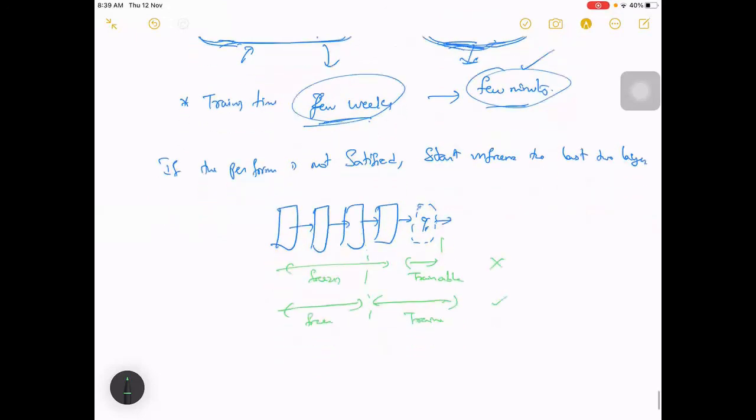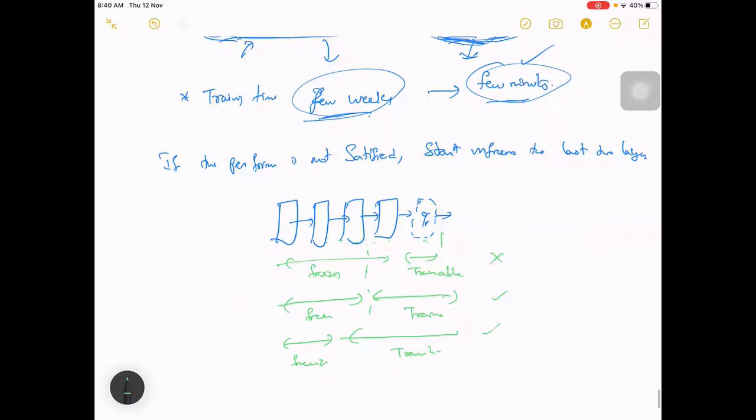If not, again you can do it this way: freeze only 2 layers and train these layers. You can start increasing layer by layer and keep experimenting.